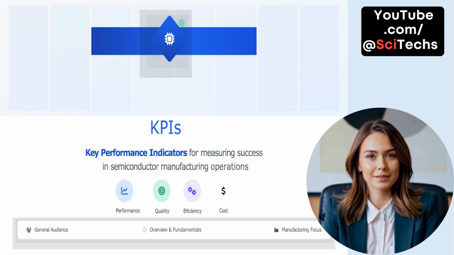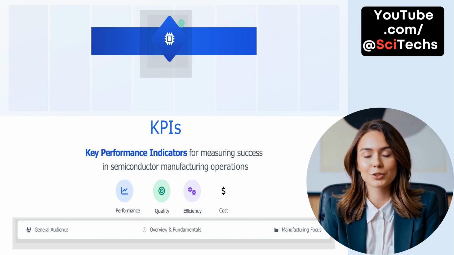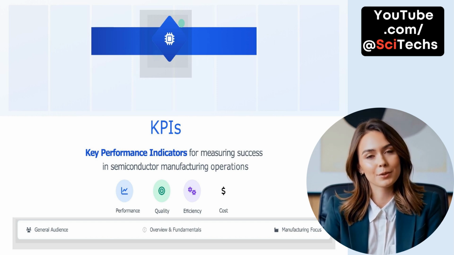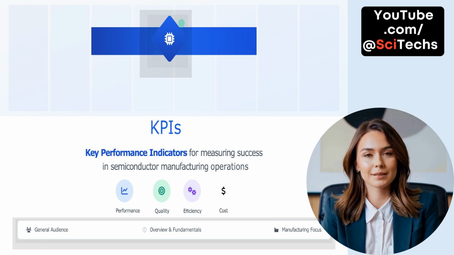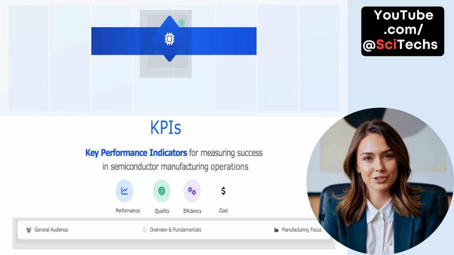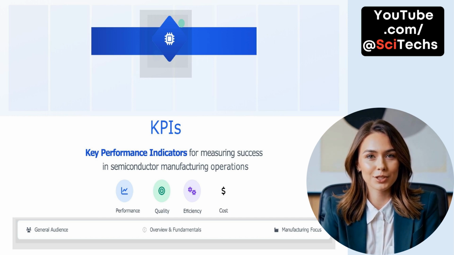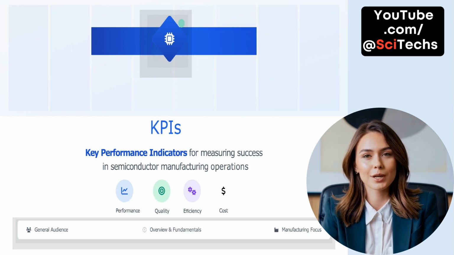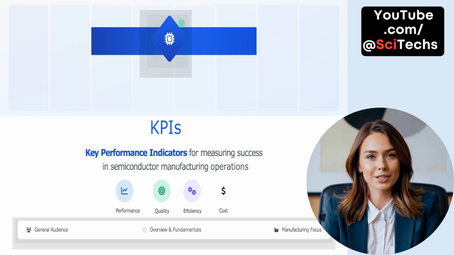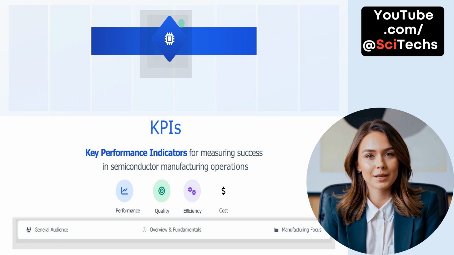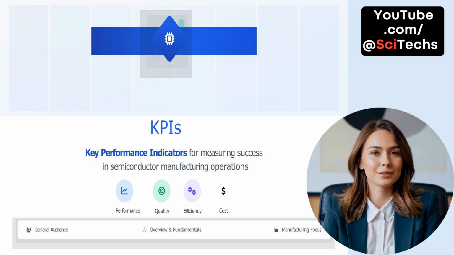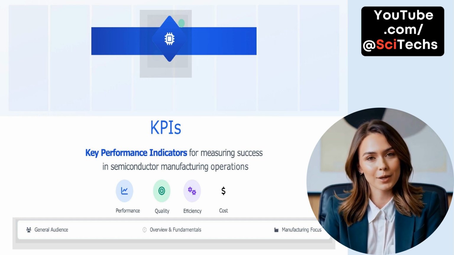KPIs. Key performance indicators, or KPIs, are critical tools used to measure success in semiconductor manufacturing operations. These indicators help organizations track performance, ensure product quality, improve operational efficiency, and control costs. In semiconductor environments, performance KPIs may include throughput, uptime, and cycle time, key elements that reflect how well equipment and